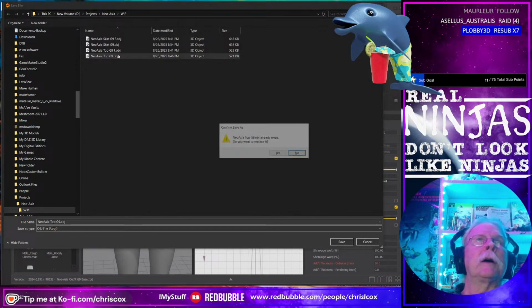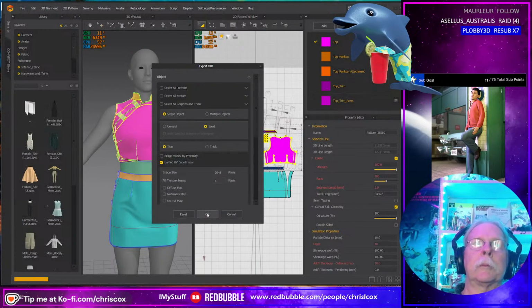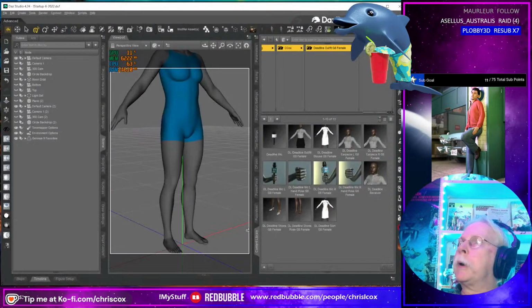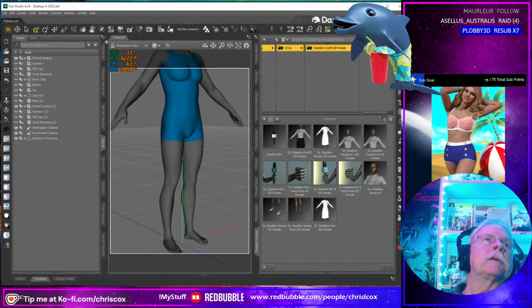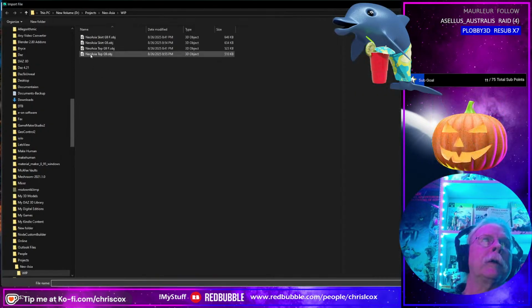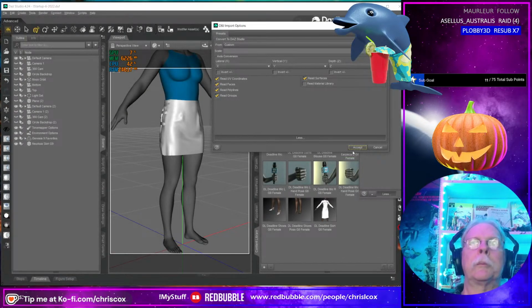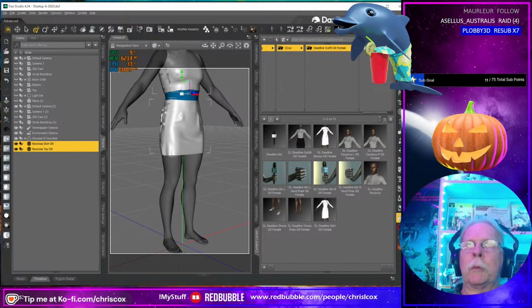This is the top. Okay, pop over here. Let's try this again. Import the skirt. Import the top. Apply D-force.